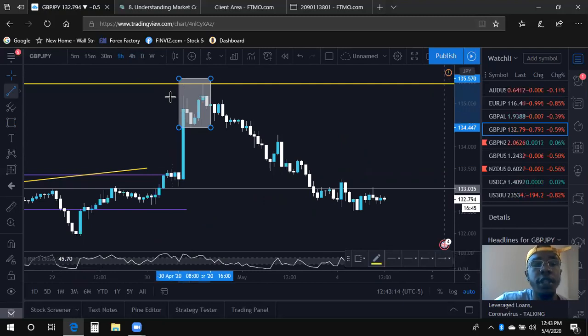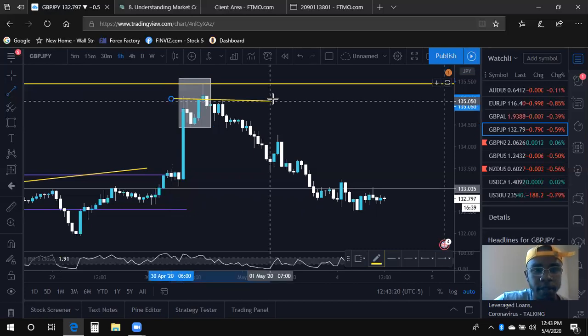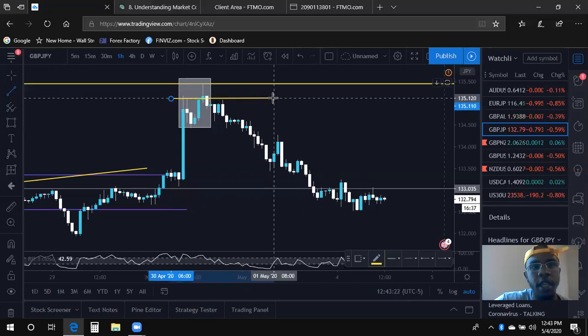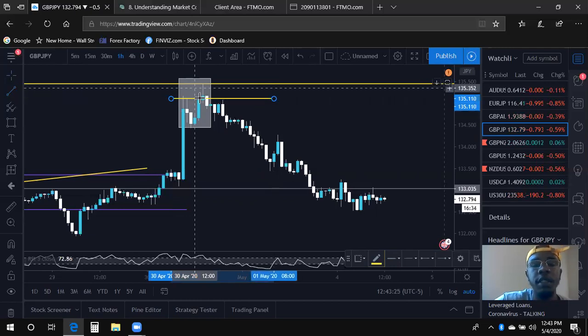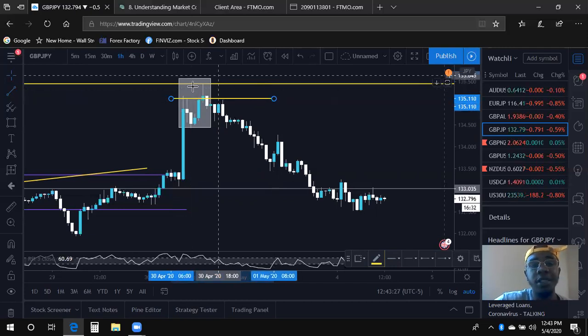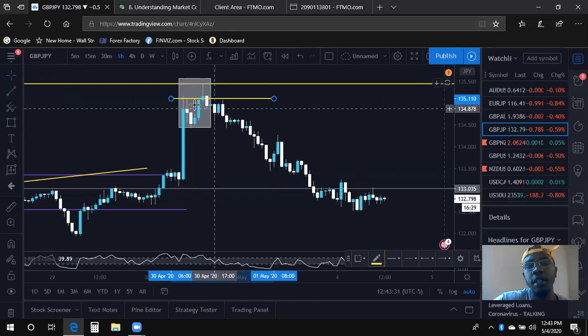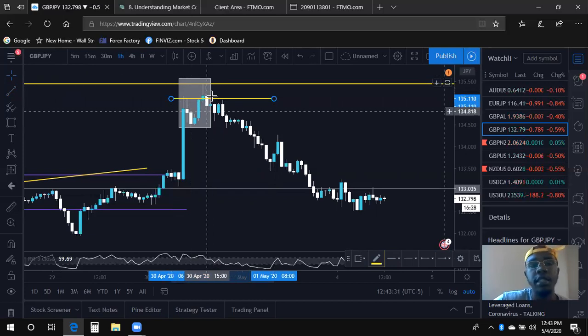as an aggressive move, tap these wicks right here at the median, and price would have to close above them for it to be continuing bullish. If price did not close above these, then you could be looking for a sell. So that's an aggressive setup by playing it off the wicks.